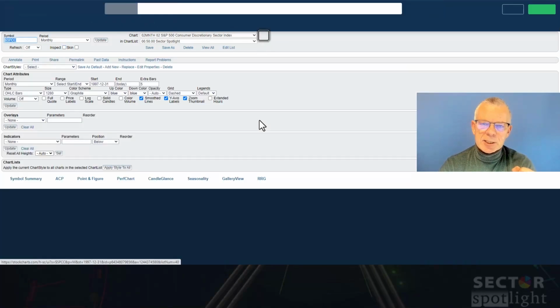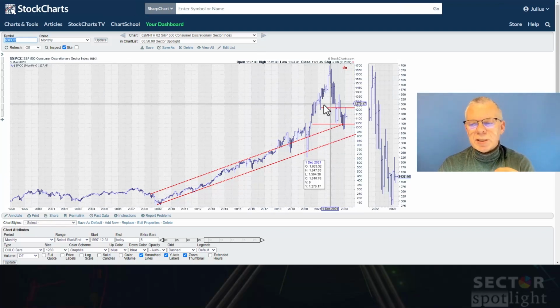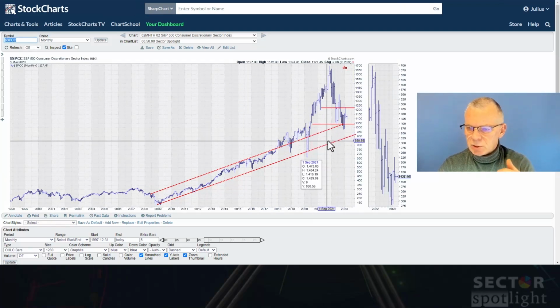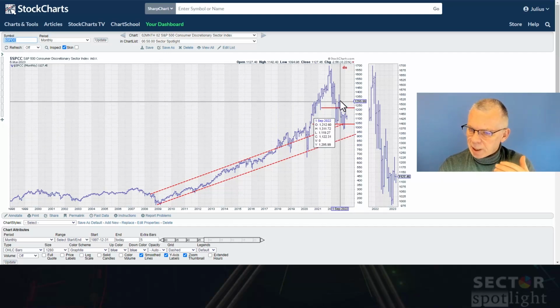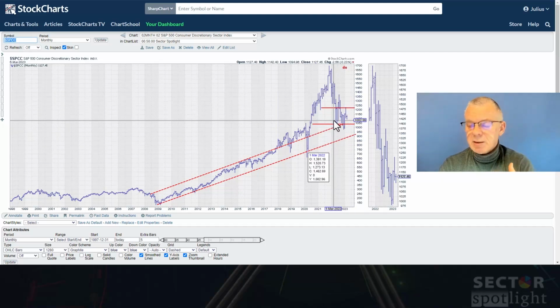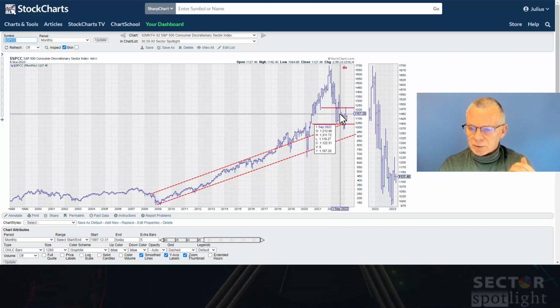If we go to the next one, that's consumer discretionary. You can see that's also still in a downtrend. Lower highs and lower lows. Last month was a very good month for the discretionary sector, but it wasn't able to take out the previous high. Maybe this is going to be the next high. We don't know yet. The month is not over, but